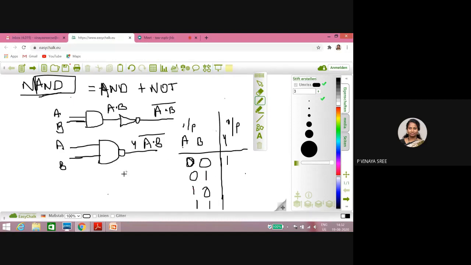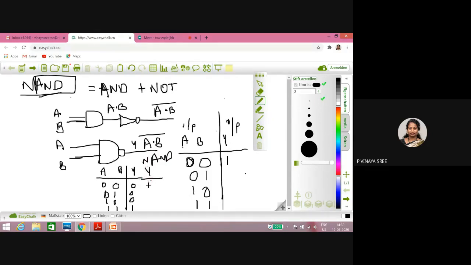If you get confused like this, you do one thing. Simply write AND gate on the side. It's enough. While writing in a hurry in the exam, if you are getting confused, you simply write AND gate on the side. The AND gate we know clearly: if there is a 0 involved, then definitely the output will be 0, otherwise the output will be 1. If we want to make this NAND, what we have to do? Simply, if 0 is there, you write 1. If 1 is there, you write 0. So as we have 3 zeros, you will get 3 ones and a 0. This is the output of the NAND gate.